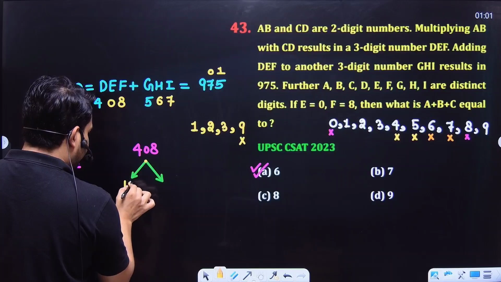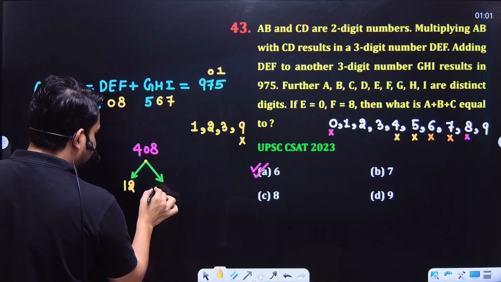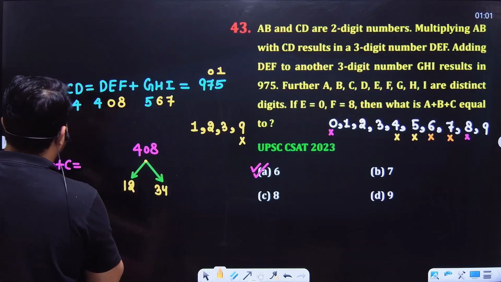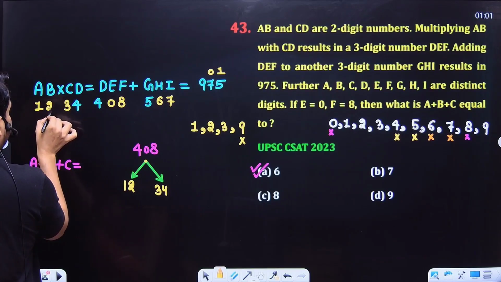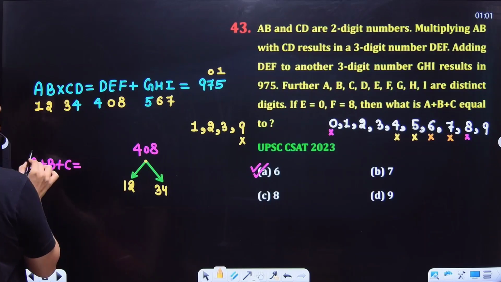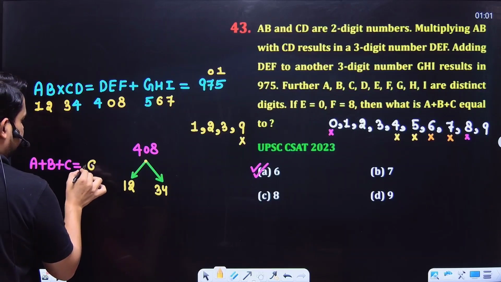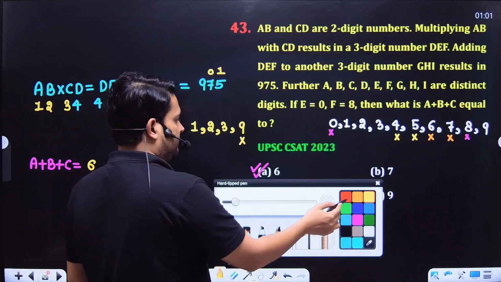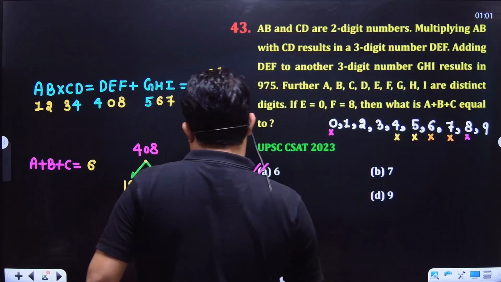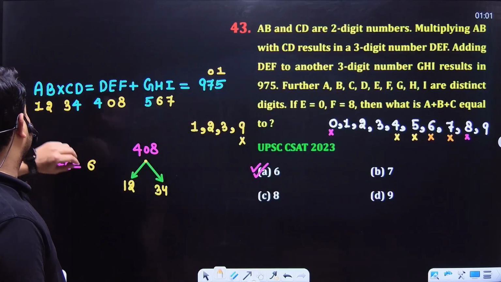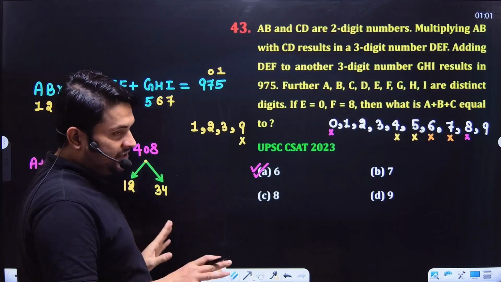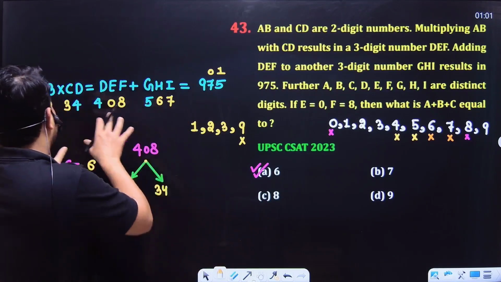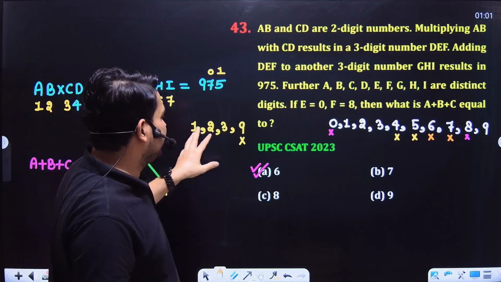So 12 times 3 is 36, or 12 times 4 is 48. See, if I write 3 here, 1 here, and 2 here, then A plus B plus C is equal to 6. So if he asks for A plus B, then it is 1 plus 3. But if he asks A plus B plus C, then no need to find out their exact values, as they are given 1,